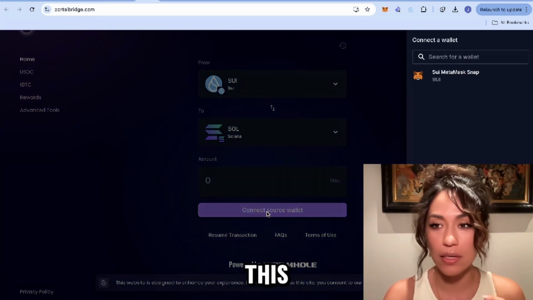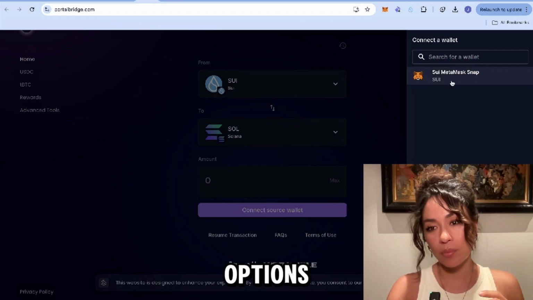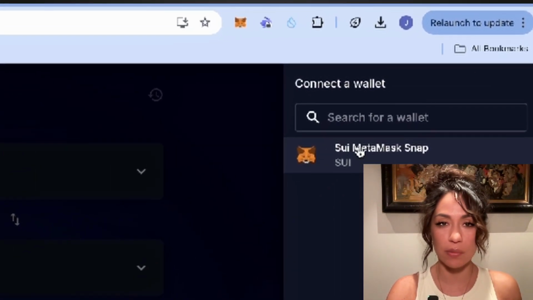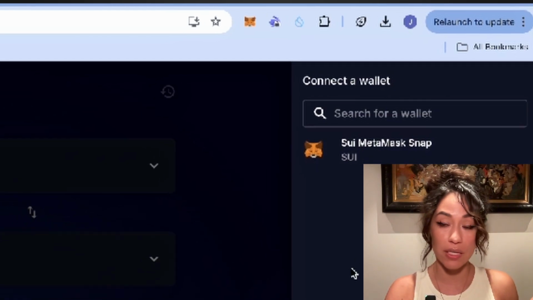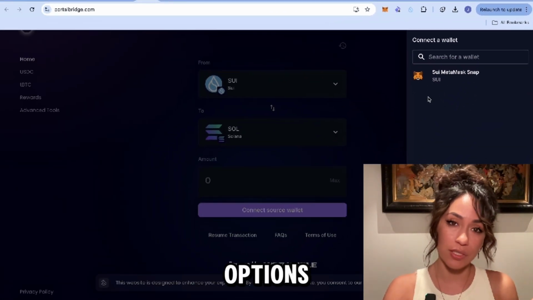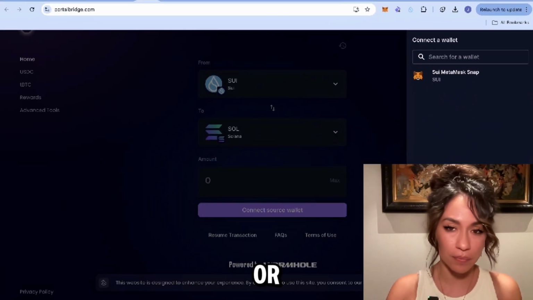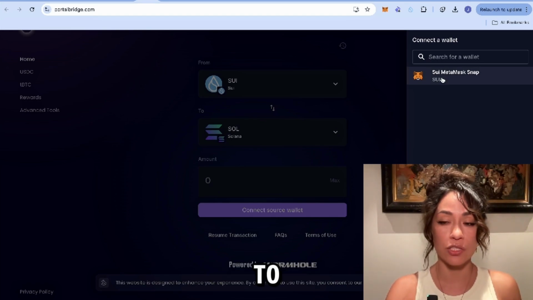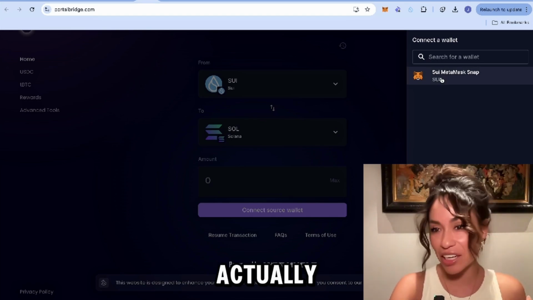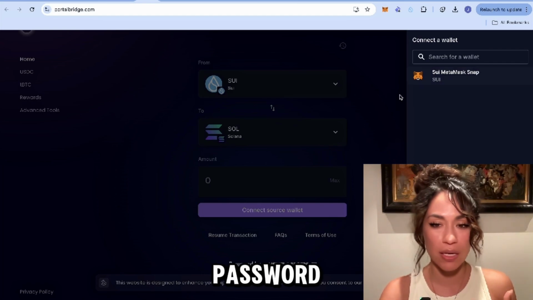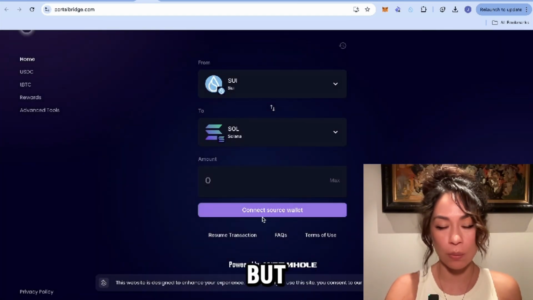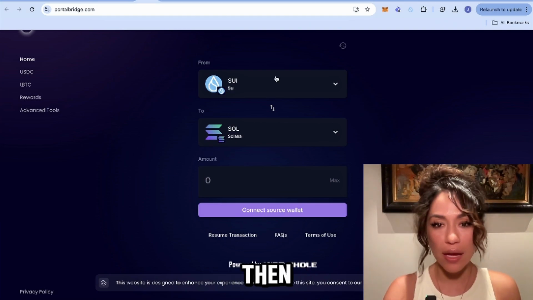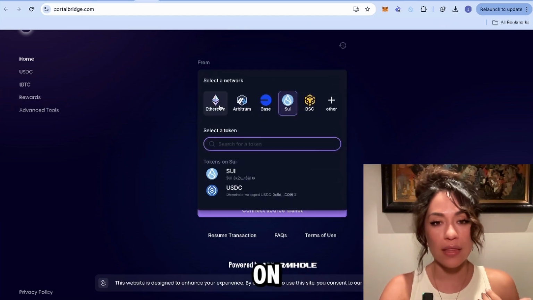So you would click on this. It would give you the options. I already connected a moment ago to MetaMask, so that's why it's giving me this option. But otherwise, you would have seen other wallet options here, like Phantom or other ones. Rabby Wallet's a really good one. We're already connected to MetaMask, sort of, actually, because I didn't put in my password because this is my demo account, but I'm just letting you know you'd have to connect your wallet first